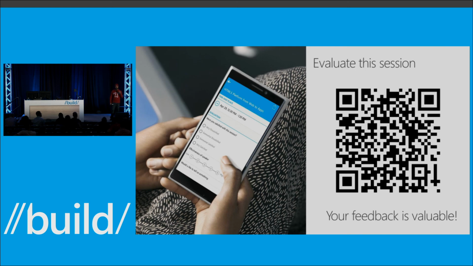Now, we've introduced a model wherein you can host a background task within your foreground app, and I encourage you to go watch the background task session that Sean Henry did a couple of days ago. With that, you can have the background task run in your foreground executable.